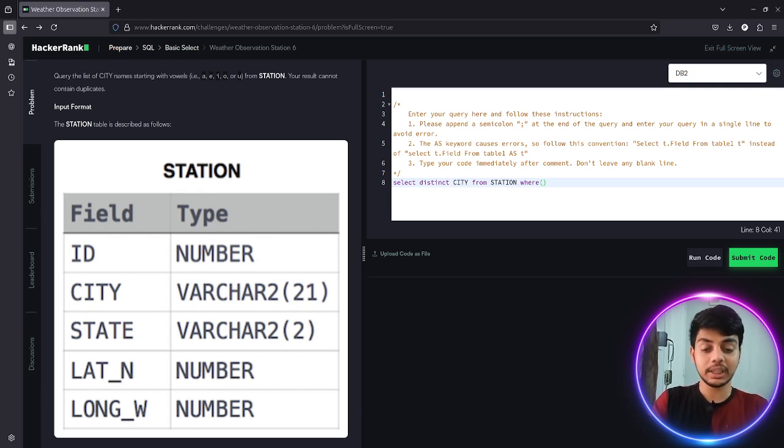Whenever you have to search something in a string, we use the LIKE keyword. The starting letter must be A, E, I, O or U, so here we are also going to use the OR operator so that we can give all 5 vowels. Let's write everything in capital: WHERE city LIKE